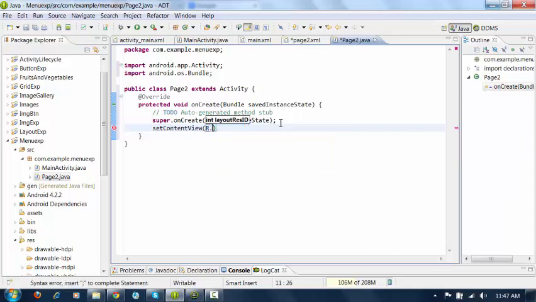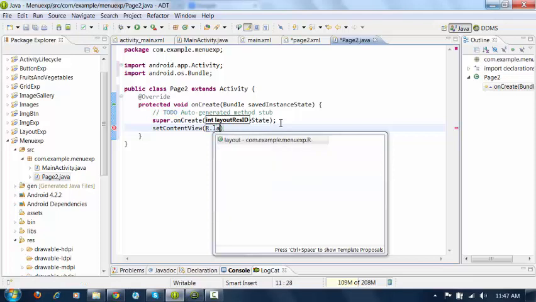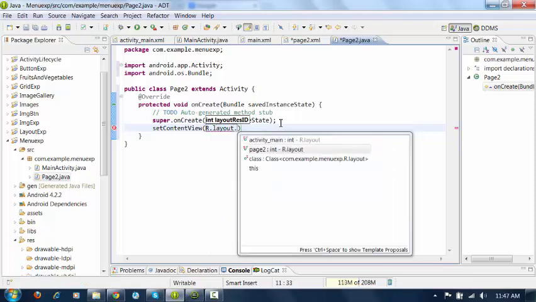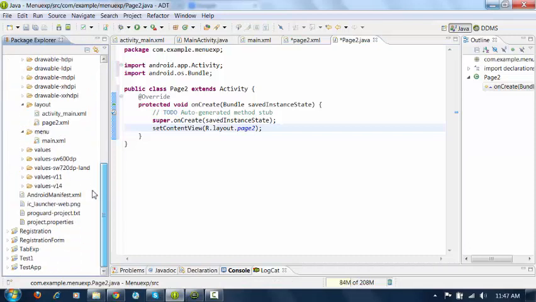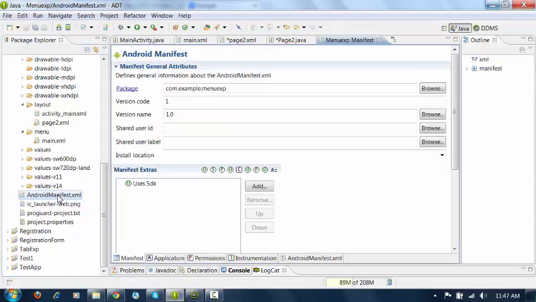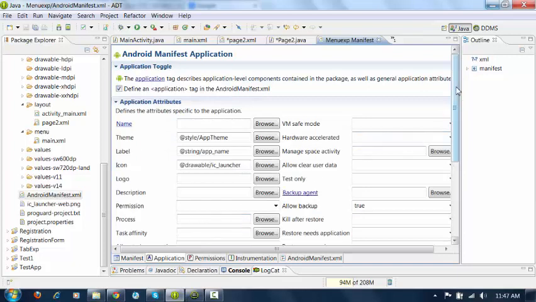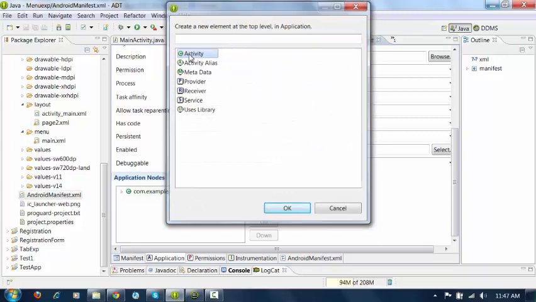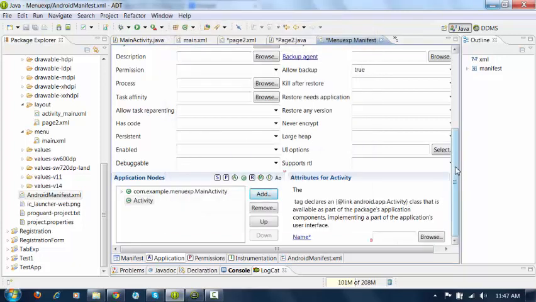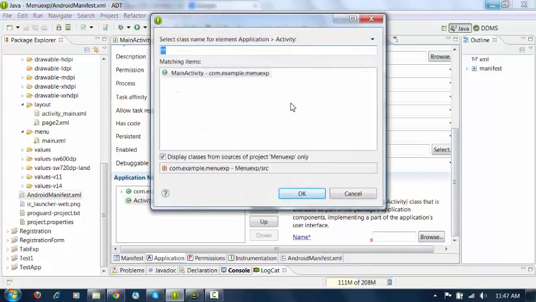Give the path to your XML file, which is R dot layout dot page 2. Now after creating the page, immediately you have to add that page to the Android manifest file. So go to your Android manifest file, go to application, go down, add your activity. It is asking for the name, so browse and select the name of your activity.